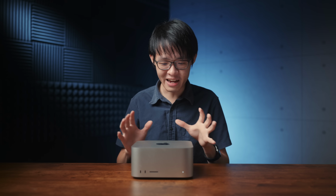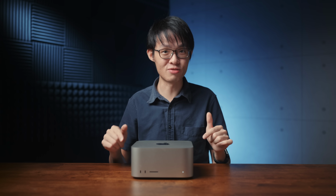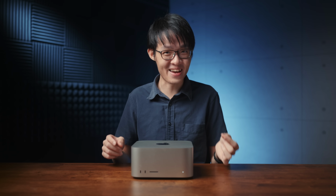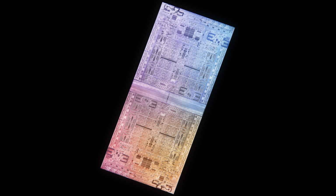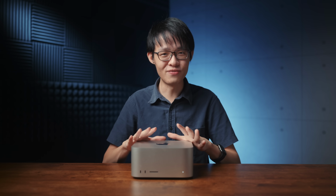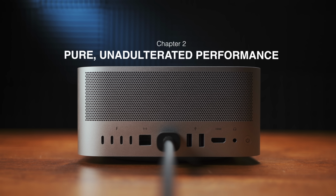Still, I can't help but geek out a bit at the technology behind it, considering the bandwidth between the two M1 Max chips is 2.5 terabytes per second. Apple calls this Ultra Fusion, which effectively now arms you with the power of two M1 Max chips right inside here in the form of M1 Ultra. And that brings me to...